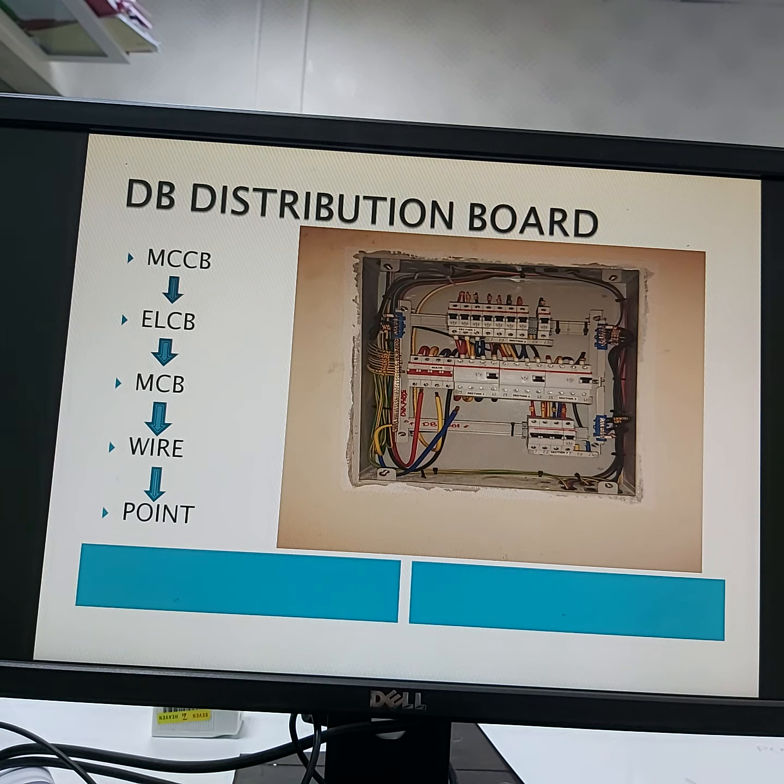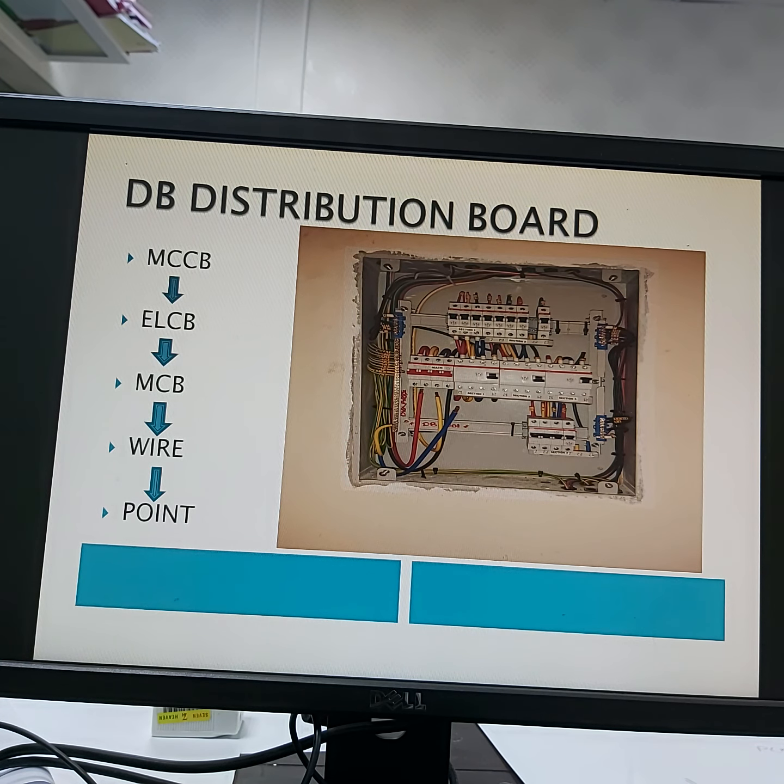If there are 4 rooms, then definitely in every room there will be a different phase. So we need a separate MCB to control this phase. First there will be MCB, then ELCB, then MCB. After the MCB, there will be a wire, and this wire will go to the point where exactly we need power supply.